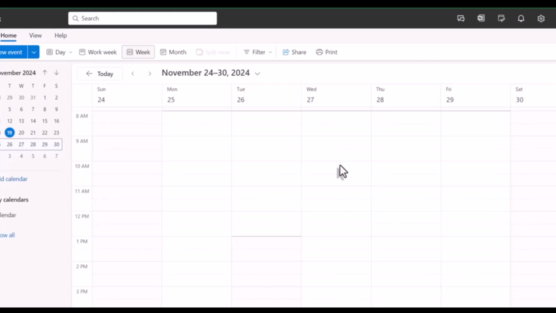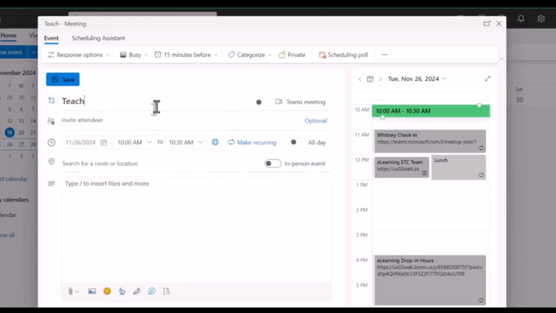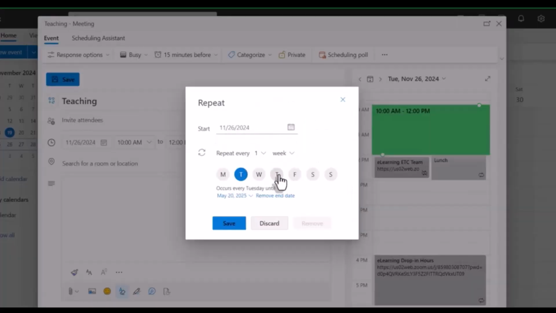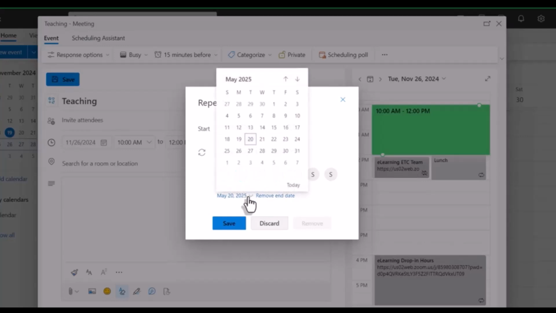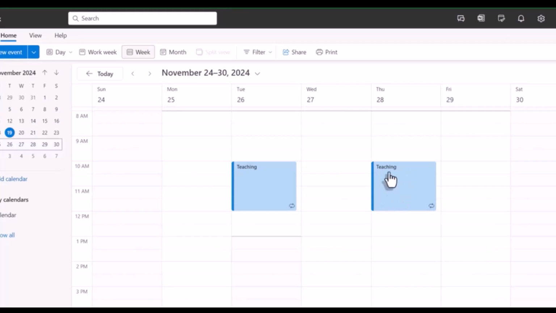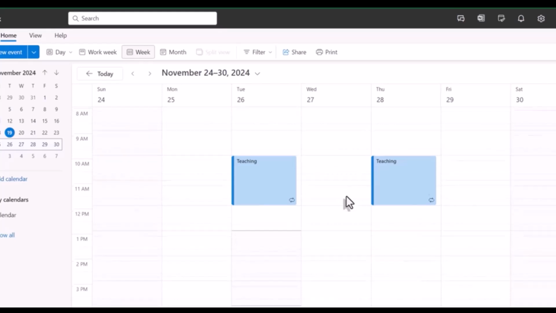If you are an instructor, it's very important to put your teaching schedule here so that no one can schedule over your teaching. And so to do that, you can just click on and add your own basically invite to yourself and choose the date and time. And you can always do it as recurring. So every Tuesday, Thursday until the end of the quarter. And save. And then that will block that off on your calendar so no one will schedule time with you there thinking that you're available when you actually aren't.